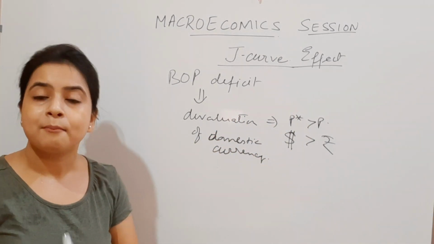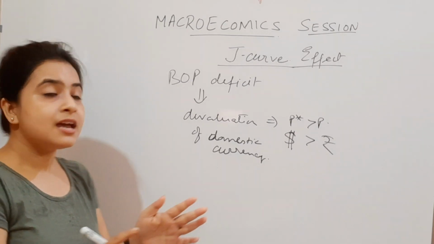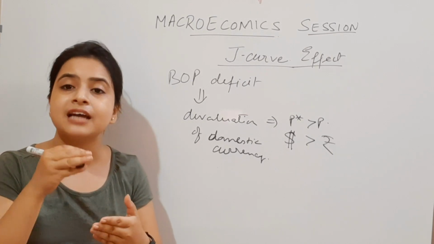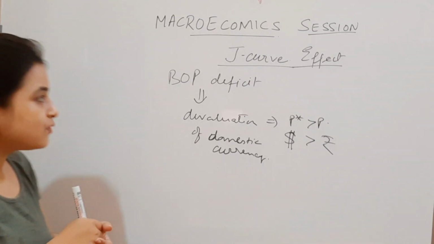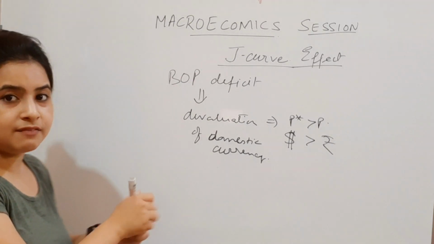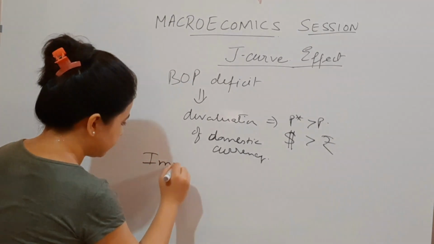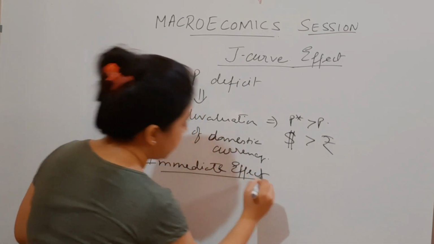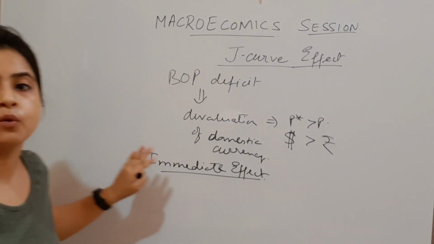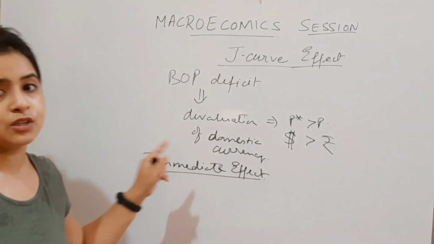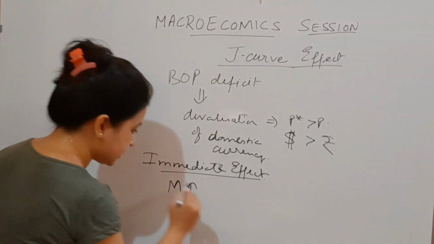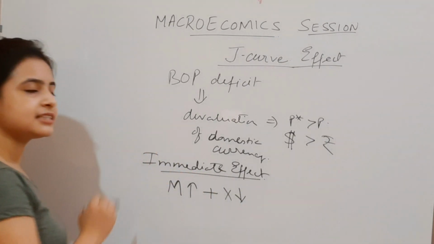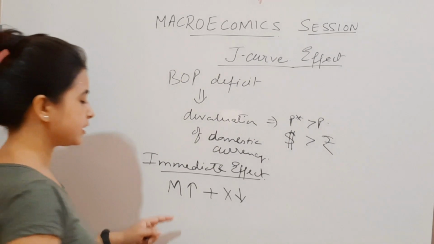Okay. Now, if this is the situation, we have just discussed in the starting that there will be surplus in the net exports. But that will happen, no doubt. But there are lags, as I have just mentioned. So lags happen and exist in reality. Therefore, the immediate effect of this devaluation, you can write it, immediate effect. However, immediate effect will be different from the ones that we have discussed in the starting of this session. An increase in import, that's right. And simultaneously there will be a decrease in exports.